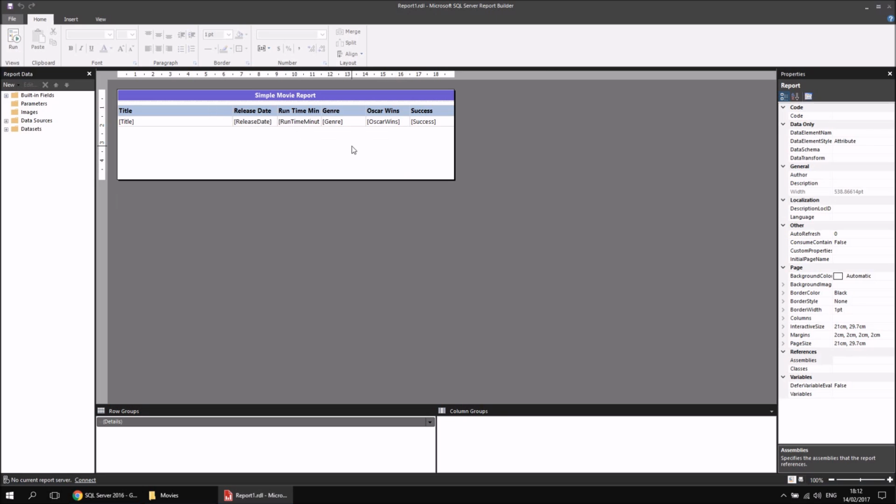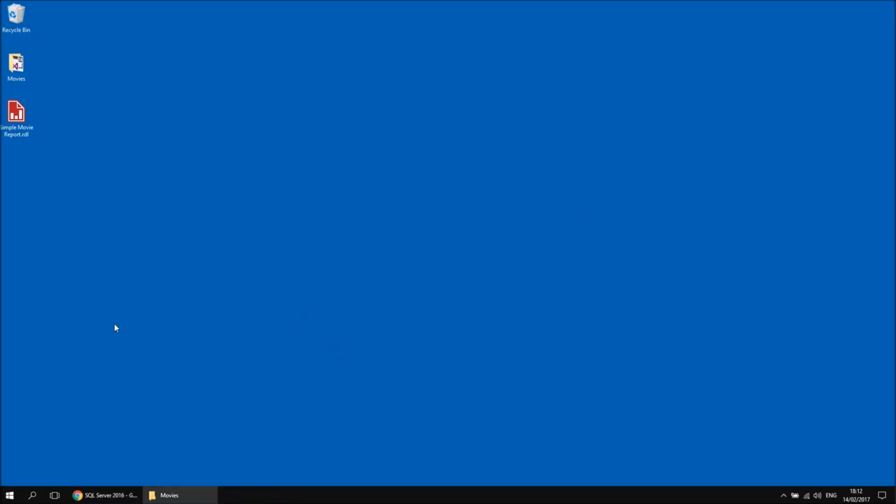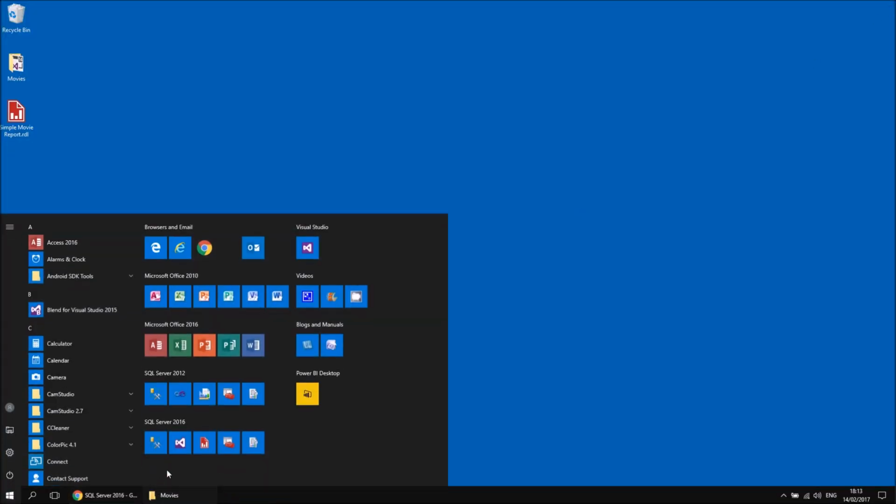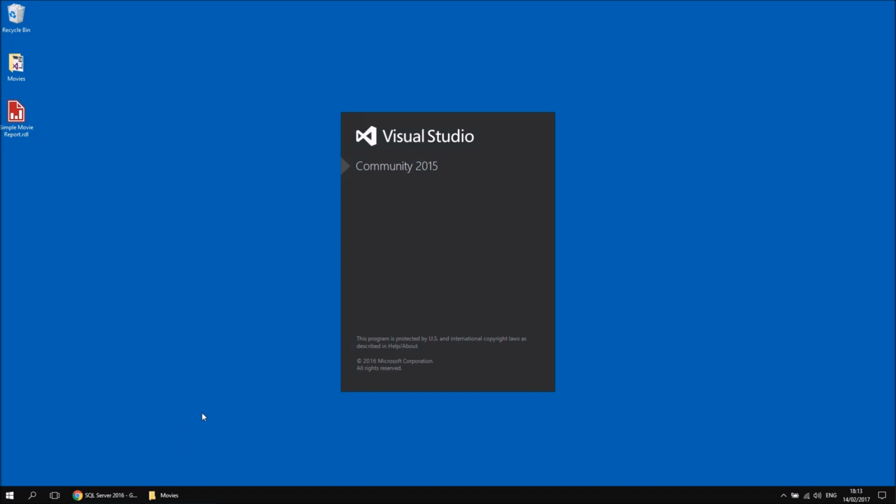There's absolutely no way to tell that that's the case, however, other than that's where I went to open up the file, of course, because all the things I've done in Visual Studio I could have done in Report Builder as well. So let me just close down Report Builder, and I'll try to do the same thing for Visual Studio. If I go back to the Start menu and I open up Visual Studio, what I'll have to do